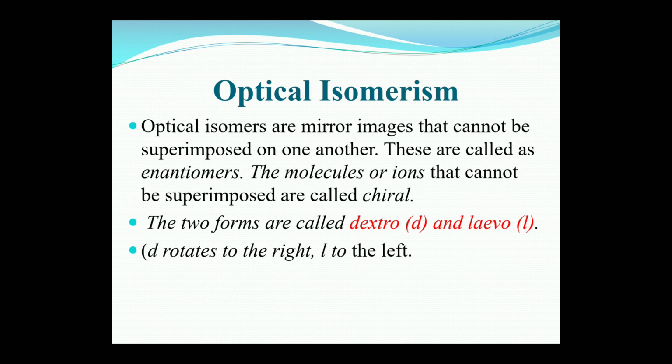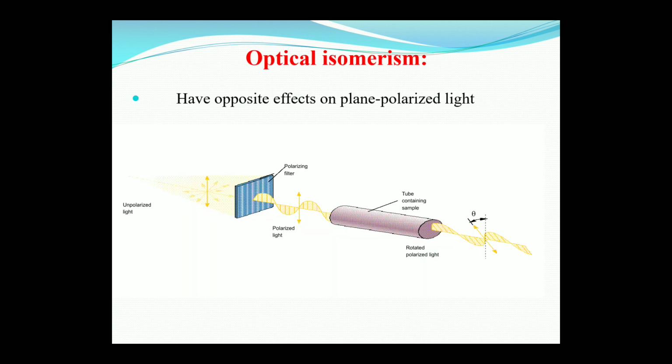So basically, for chirality, how we can check is through SOR, the specific optical rotation. These optically active compounds rotate the plane polarized light either to the left hand side or to the right hand side. So these are known as dextrorotatory or levorotatory, and the notation is D rotates to the right hand side and L rotates to the left hand side. So this is how we measure. This is the source of the plane polarized light. It goes through a tube containing the sample, and the detector will find out the degree through which the polarized light has been deviated.